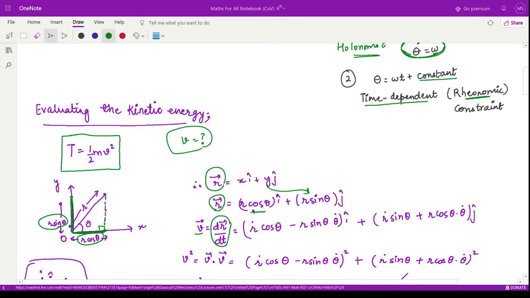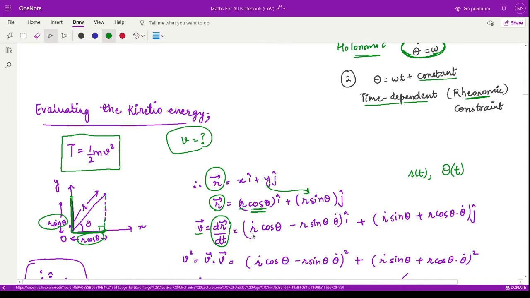So here in the first term, because r is a function of t, and because r is changing with respect to time, the bead can move up and down this rod, and theta is also changing because the rod is continuously moving in a circular path like this. So this is also dependent upon time. So we have to apply the product rule to take the derivative.